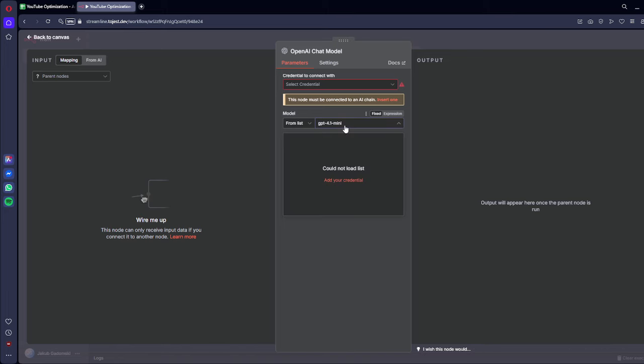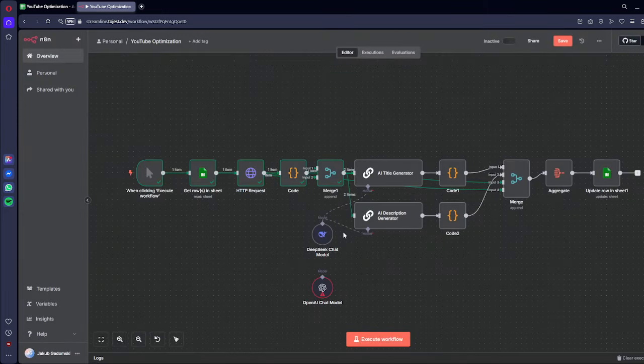Set your model, and that's it, and you can connect. Okay, but I use DeepSeek. I will show you how it works. Okay, if you add your API key to the DeepSeek chat model or OpenAI, we can go to the next node